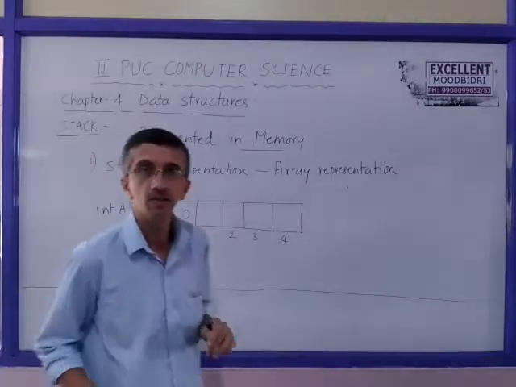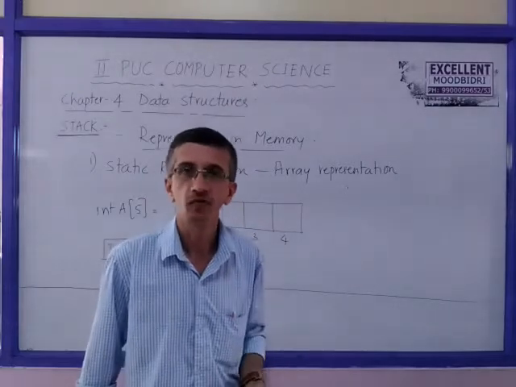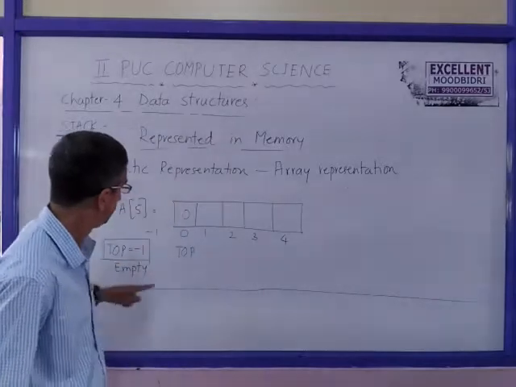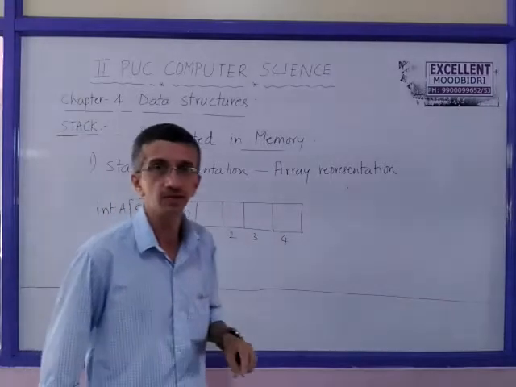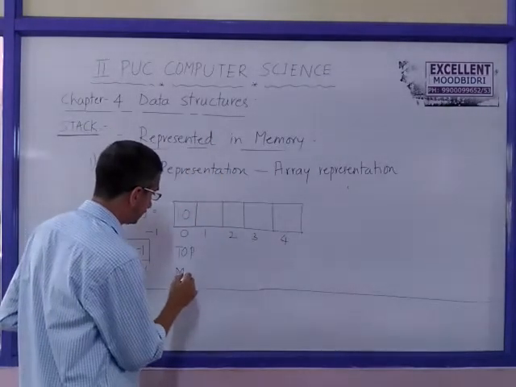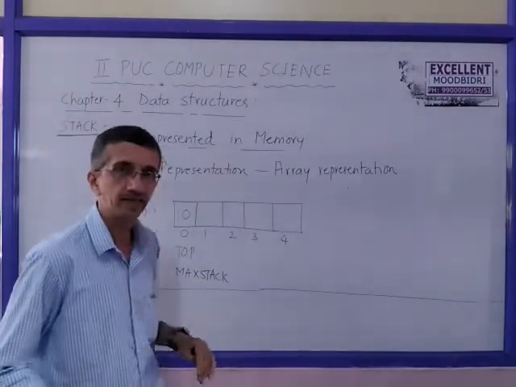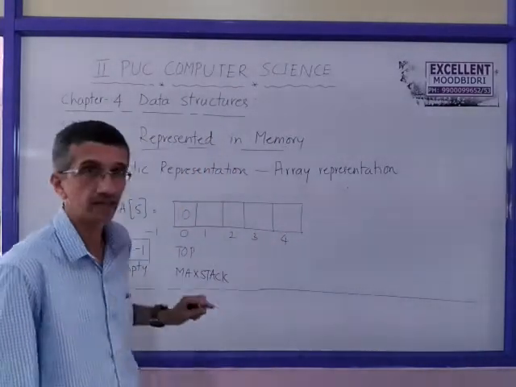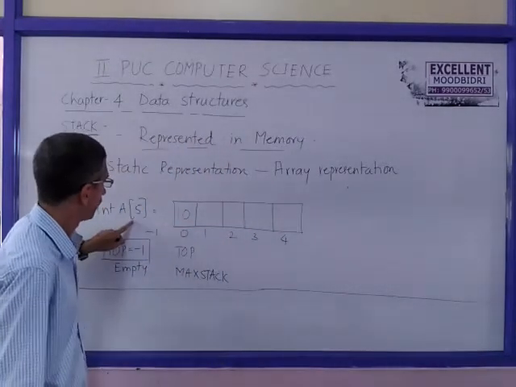Correct? The status of the stack at any point of time, whether the stack is empty, partially full, or completely full. Now stack empty is denoted using top is equal to minus 1. So usually the variable is top, or it is also taken as max stack, or max simply. Altogether these variables are top or max. Max stack is the total number of items, so in this case 5.